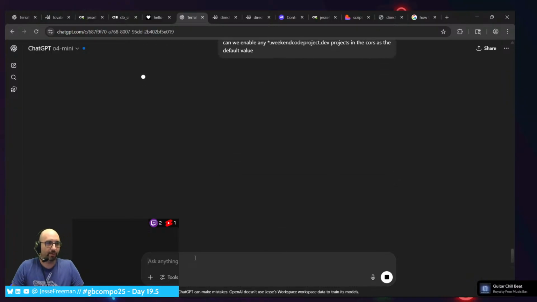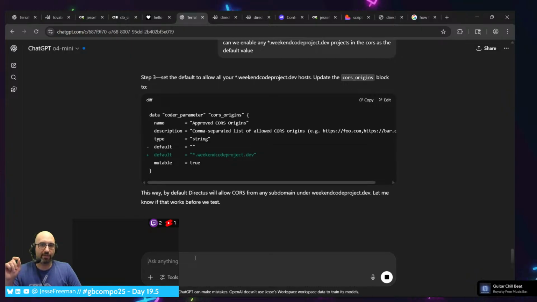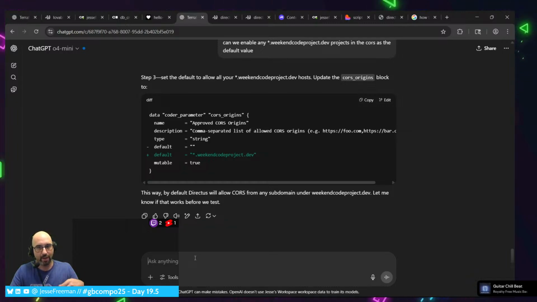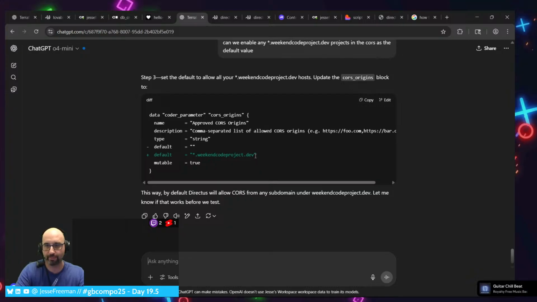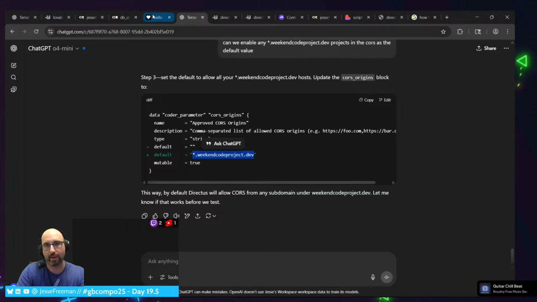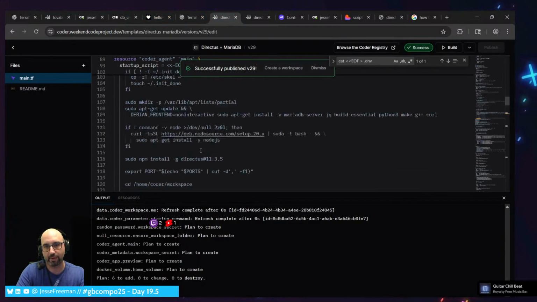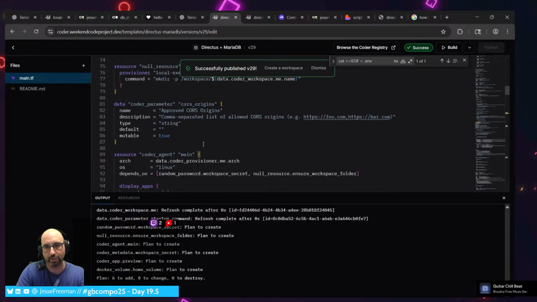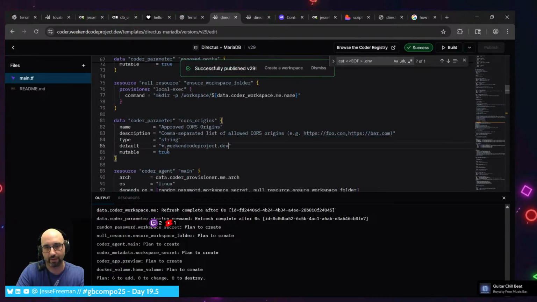See, this is where, all right, it's all starting to finally click in my head. So now what I want to do is add the asterisk. So I use a wildcard for weekend code project.dev. So any project that's running under weekend code project.dev is automatically included in the cores. So all we need to do is modify this here, which is here.